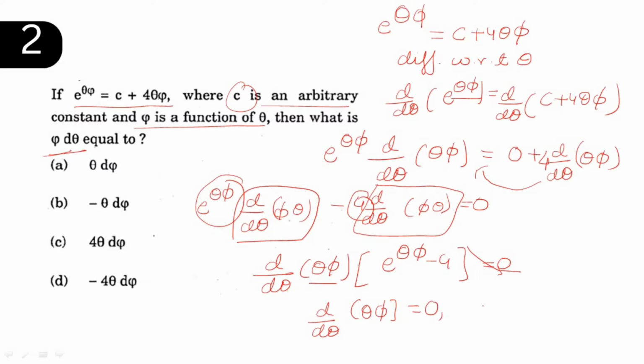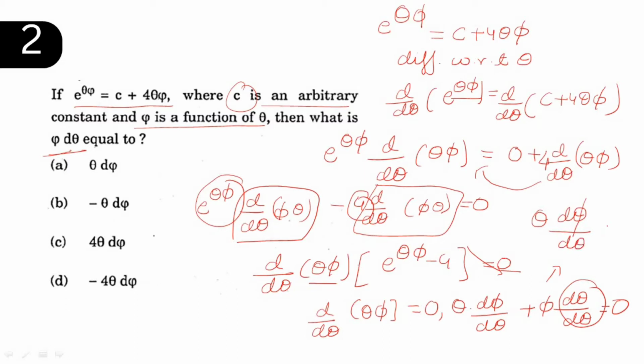So we can use the formula of differentiation of first term into second term, which is u into v: u into differentiation of second term plus v into differentiation of first term. That is theta into differentiation of second term plus second term into differentiation of first term, which will come 0. So this value will be 1. So I am writing it here: d phi by d theta is equal to